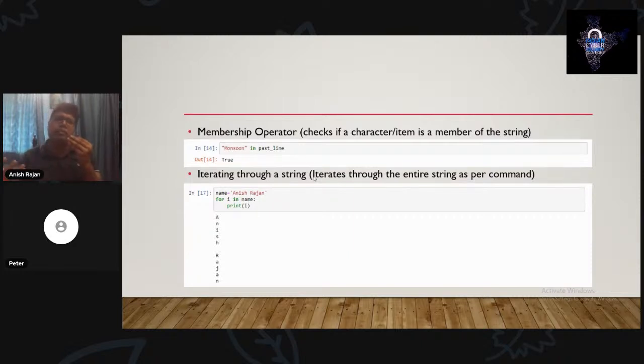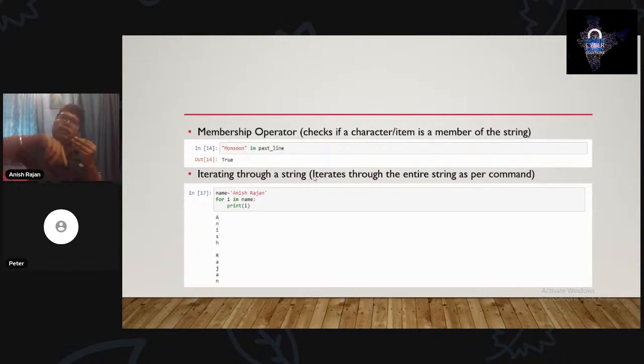Iterating basically means printing one after the other. So we have this string, and we are just printing it out. Basically, we are iterating through a string. So we are going through each and every character of a string. When we are printing, we are using the for loop here and printing the name string.